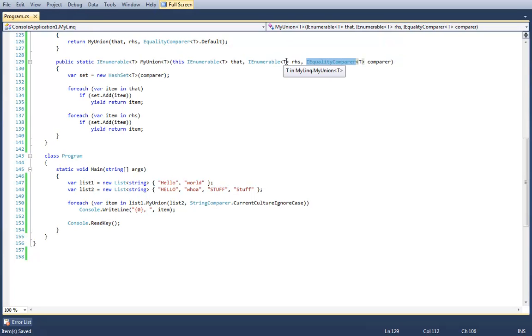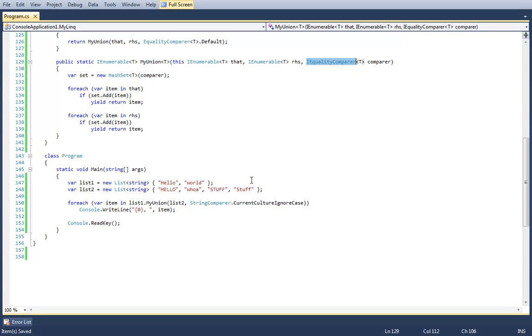But bringing back the car example, let's say there are 2 different ways that you want to compare cars. Let's say that in this one situation you determine that 2 cars are equal because they have the same amount of doors, but in another situation you determine that 2 cars are equal because they're the same color. At that point you can't override the equals method because equality is different depending on context. So you abstract the concept of equality out into 2 separate classes. One car equality comparer that checks to see if the doors are the same, and another car equality comparer that checks to see if the color is the same.